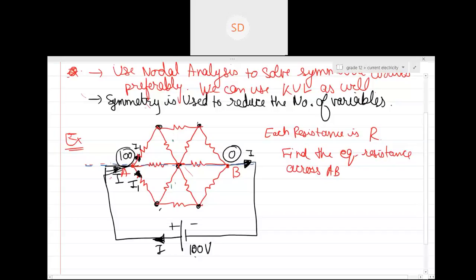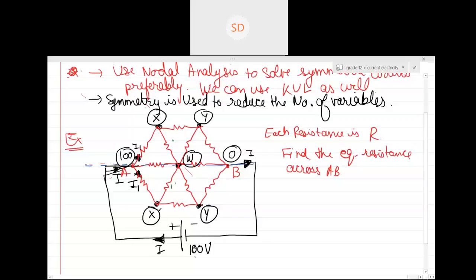Please measure the steps. First of all, can you see the upper part and the lower part are the same, symmetric to each other? Yes, sir. If I say the potential of this point is x, so what shall be the potential of this point? X. That implies the same current should flow through this, right? Similarly, if this is y, then what should be this? Y. And what should be this? Let's name it W. Is it fine?